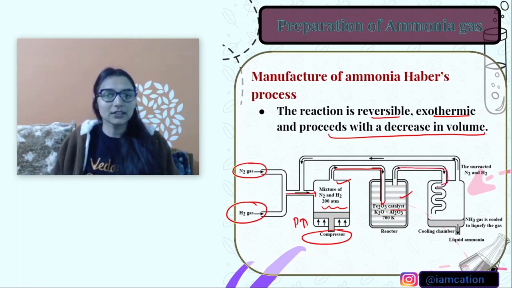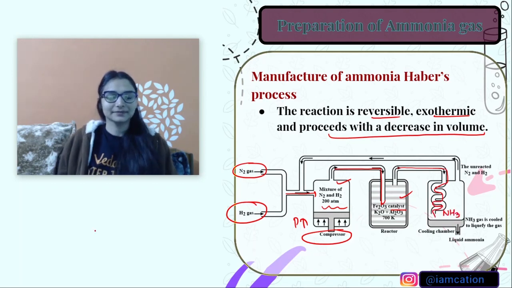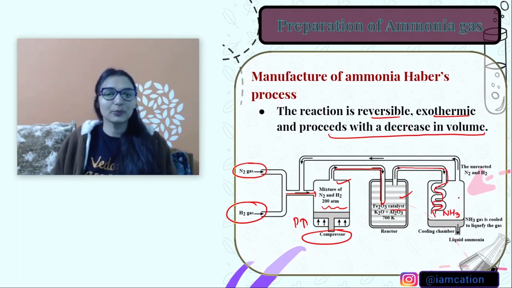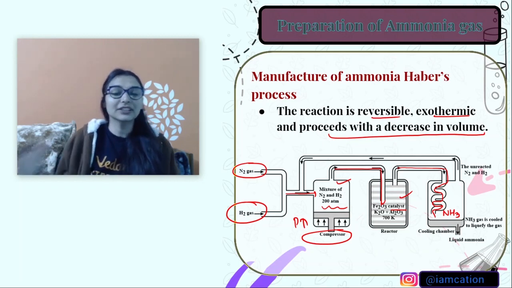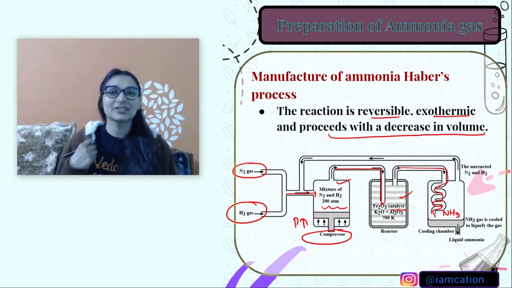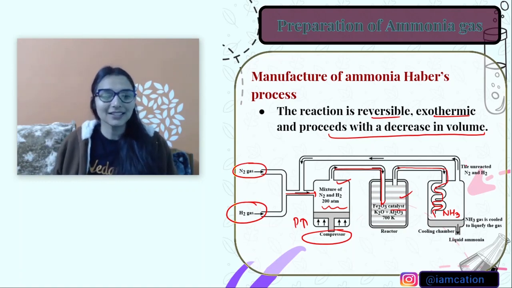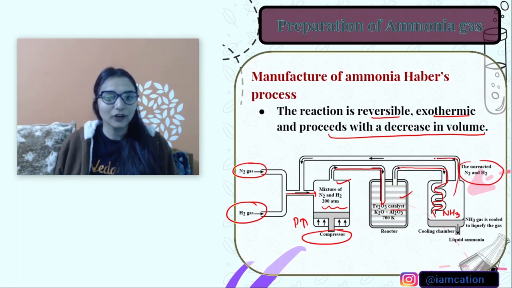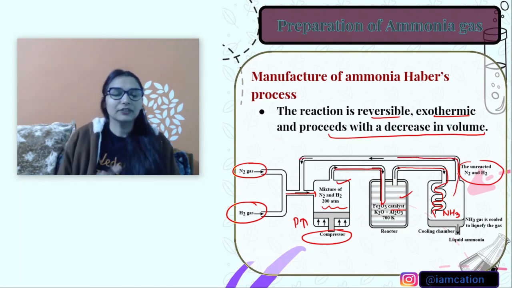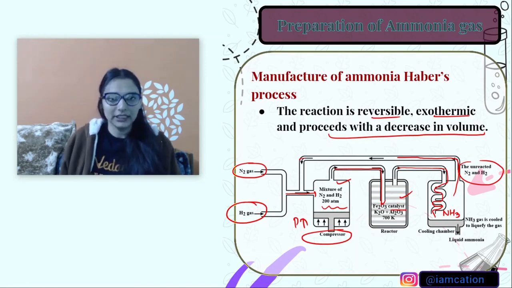Hydrogen would be reacting and will be giving us ammonia over here. This is a cooling chamber. As ma'am told you, not all of the reactants are converted to the products. There would be a lot of unused amount of the reactants. So the unreacted nitrogen and hydrogen will go back from here. There's a connecting pipe you can see, so that we are making use of the reactants, we are not